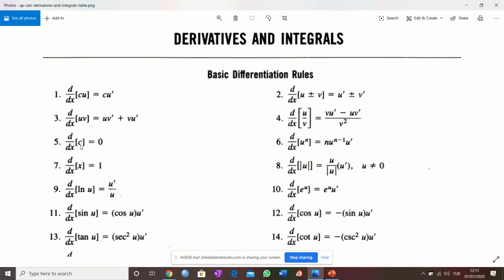The derivative of a constant is always 0. The derivative of x according to x is 1. And here ln u, the derivative of ln u is the derivative of u over u. You can see this is the cosine formula, the tangent formula, and here these are two functions, u and v. The derivative of these functions, you take the derivative of the first one, plus, if it is a plus sign in the middle, you will put a plus. If it is a minus sign, you will put a minus,